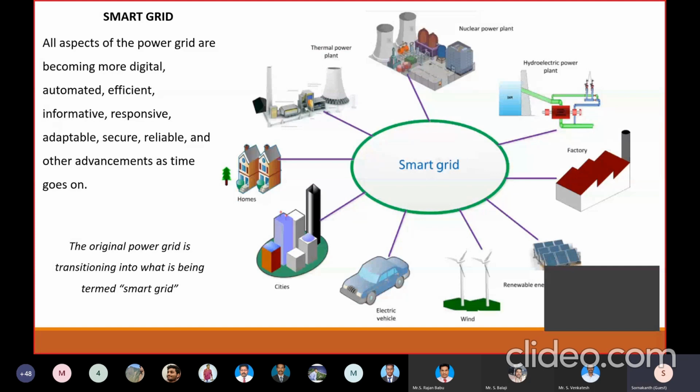So this is a regular grid. A grid is, in the sense, from the generation